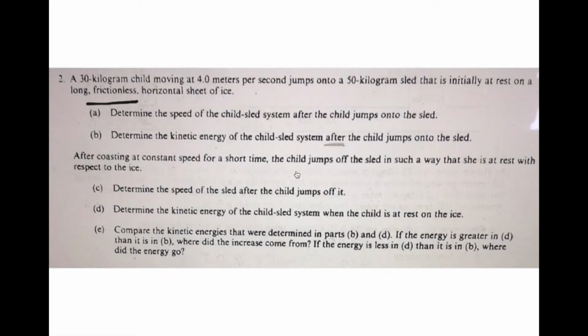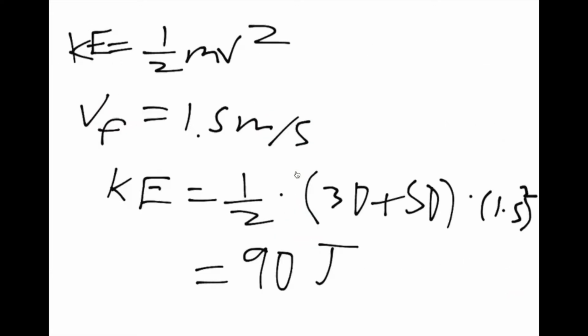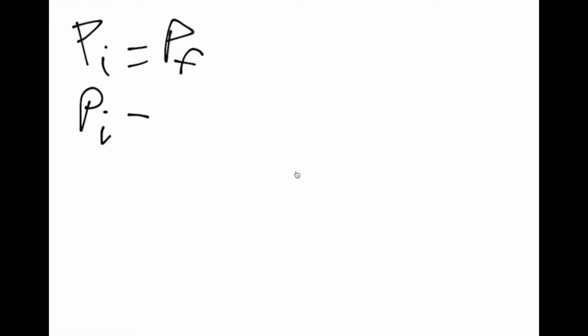The third part of the question, they add this new part now where the child jumps off the sled, and now we have to determine the speed of the sled after the child jumps off the sled. So for this part, we're going to use the conservation of momentum again, and we know again that Pi equals Pf, and in this case, the initial momentum is the momentum of the child. As we calculated before, Pi is equal to the 30 kilograms from the child times the 4 meters per second, so it's equal to 120